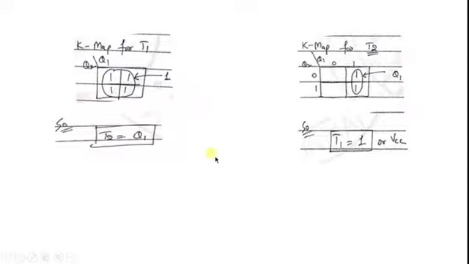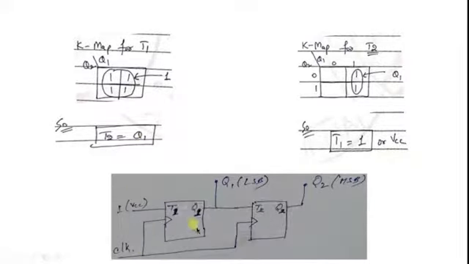Now based on this, we are going to draw the diagram for the synchronous counter. As we know, there are only two flip-flops required in this case, two T flip-flops, T1 and T2. The clock is common in this particular case because it is a synchronous counter. T1 is supposed to be connected to VCC or VDD, whereas T2 is supposed to be connected to Q1. So T2 is connected to the output of the first flip-flop, that is Q1.